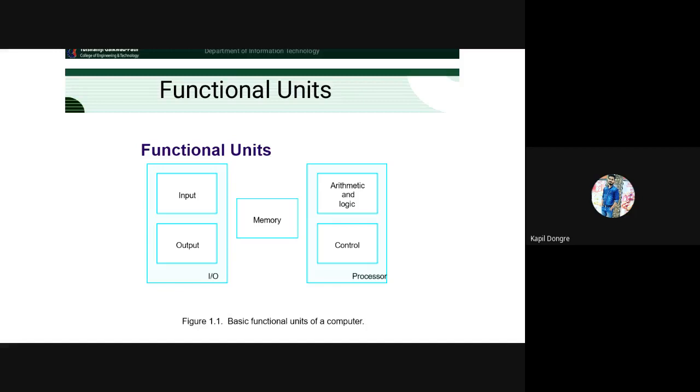Why do we require these different parts? If you want to execute any instruction, it requires input and output. Without input and output, we cannot perform any operations. To perform different operations, because we don't have a single instruction but lots of instructions, we require one particular input to execute each instruction, and we get one output. That's why we must know these basic functional units.